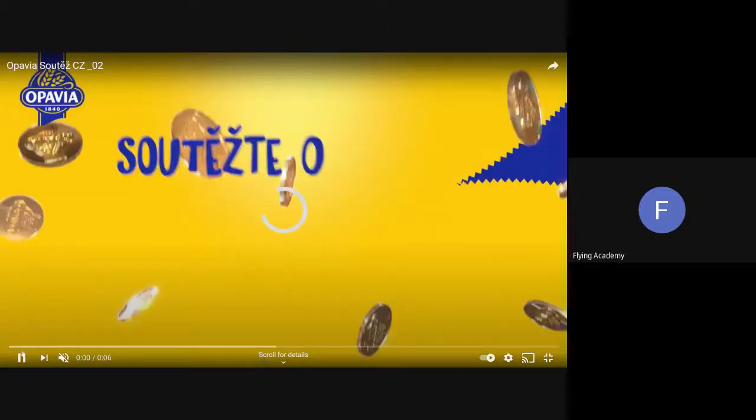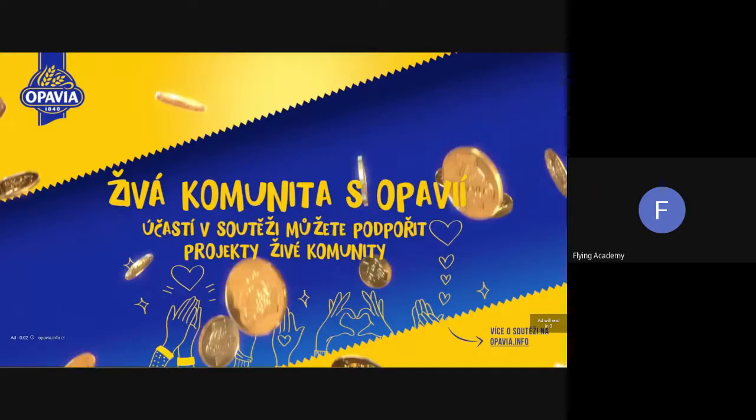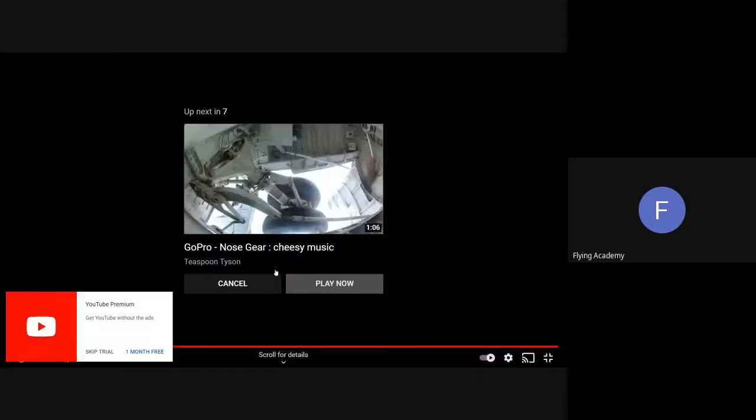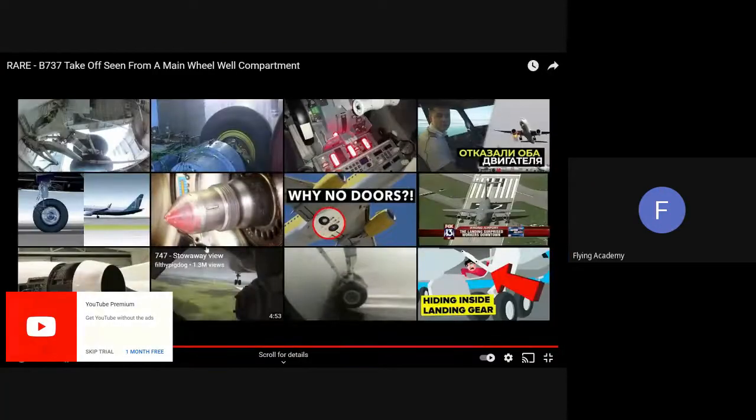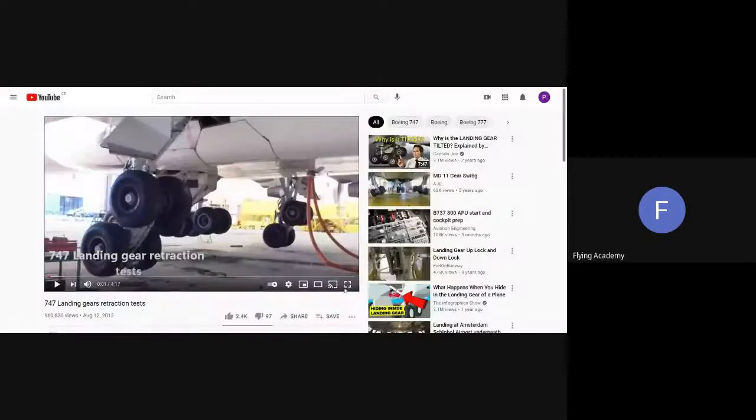Also, this video perfectly presents why it's not really a good idea to try to fly on an airplane in the landing gear compartment, or to try to fly on an airplane without a ticket. First of all, there is not that much space inside of the landing gear compartment, and most probably the landing gears will just squeeze you and smash you, because the landing gears weigh a couple of tons, and the hydraulic system provides enough force to actually move the gears, even if we have a high dynamic pressure acting on them.